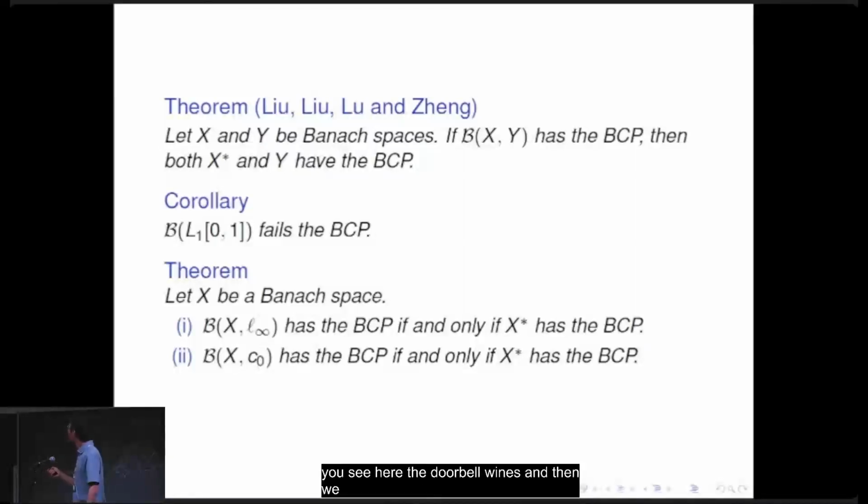Then we proved that B of X to L infinity has the ball covering property if and only if X star has the ball covering property. And if you look at B of X to C0, this is the same. So for X star to have the ball covering property. So the corollary for this theorem